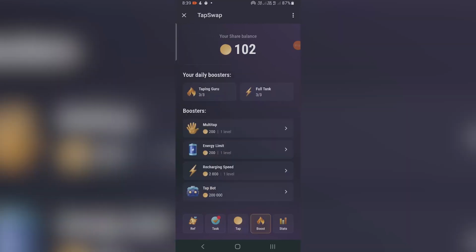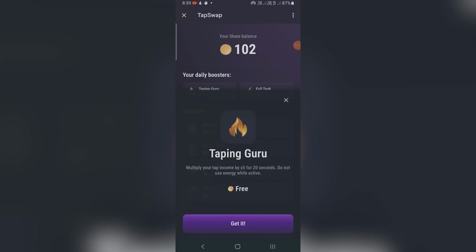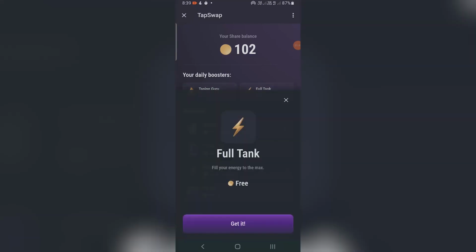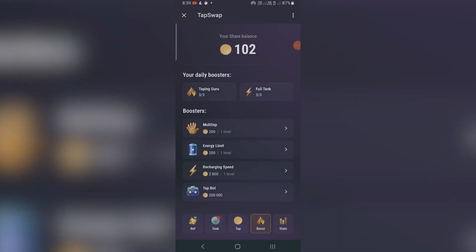You can boost your mining process by using the Boost feature. The Boost feature provides various functions to improve the token mining process. In the section titled Your Daily Boosters, two options are available: Tapping Guru and Full Tank. Tapping Guru enables you to mine more tokens, while the Full Tank allows for faster top-up of the tap pool. In addition, at the bottom of this section, four other types of amplifiers are designed, each of which serves a